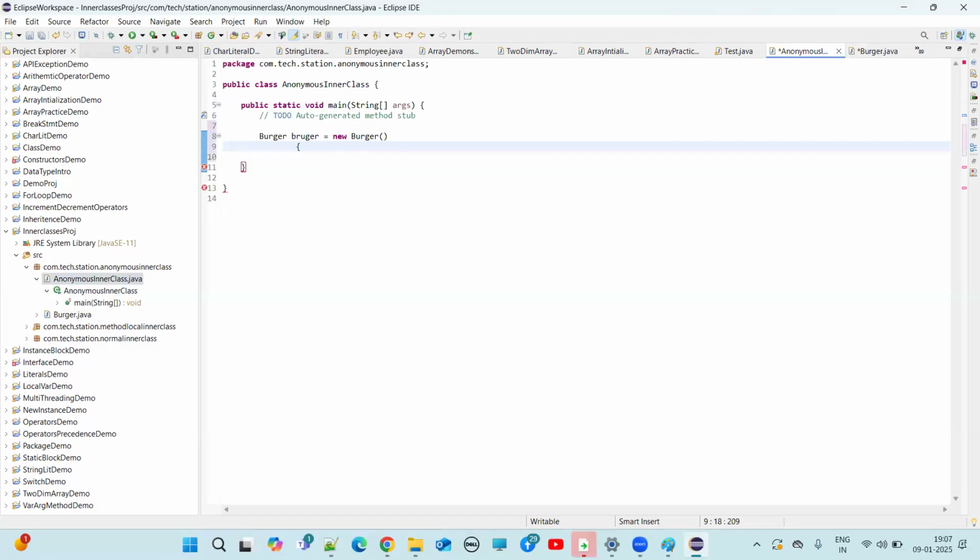Fine? So now here I'm overriding. Public void, which method do I need to override? The eat method, right? Because I don't want